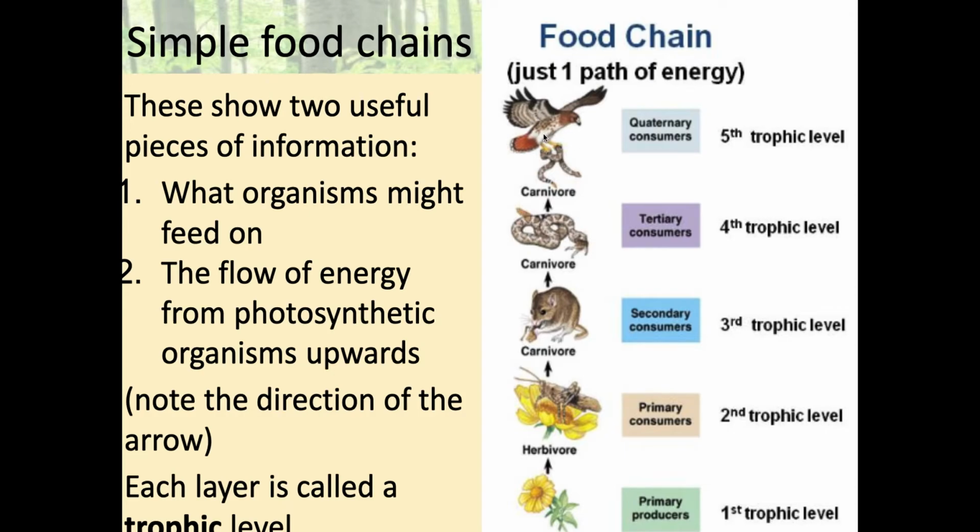Nothing eats the eagle. So the producer, you've always got a green plant or an algae down here. The producer is eaten by something which is eaten by something else. Now, it might be that that's the end of the story, but the food chain is a linear thing. It goes one plant eaten by one, in this case insect, eaten by one animal, which is eaten by another